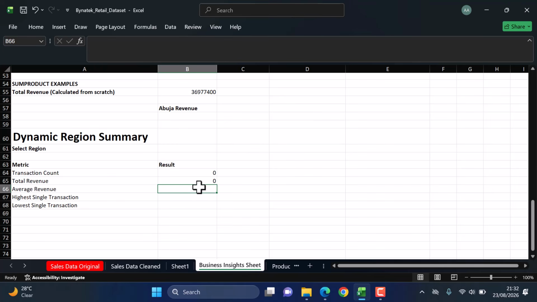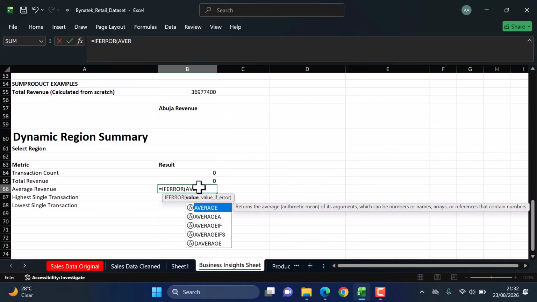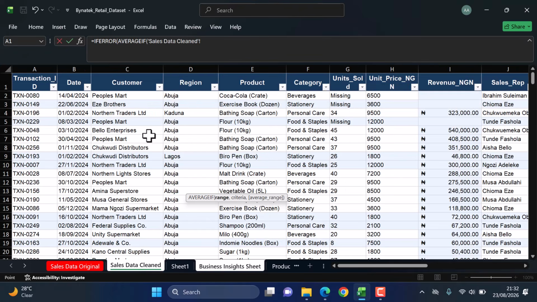The average should also be IFERROR. I'll explain this when I'm done. IFERROR, AVERAGEIF, we need the sales data region, then B62, then